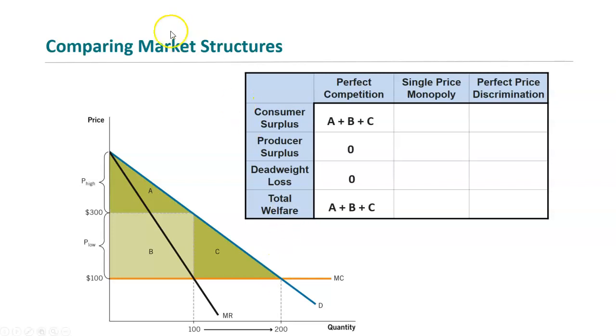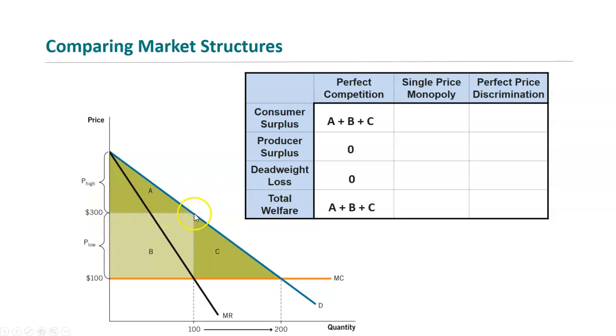So if this same market were, instead of being perfect competition where we come all the way to where supply equals demand, a single price monopolist, then that monopolist is going to choose a level of output where marginal revenue equals marginal cost. So they're only going to sell 100 seats or items, seats on their plane. I think this is an airplane example. And they're going to charge a price equal to the height of the demand curve, right?